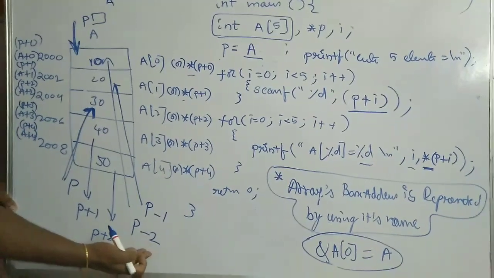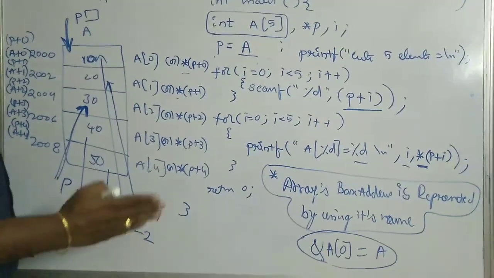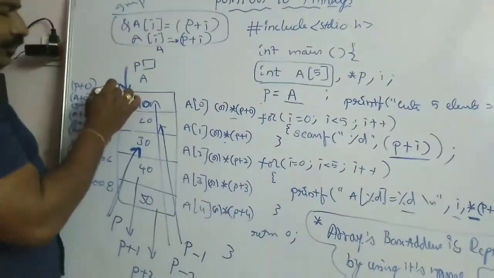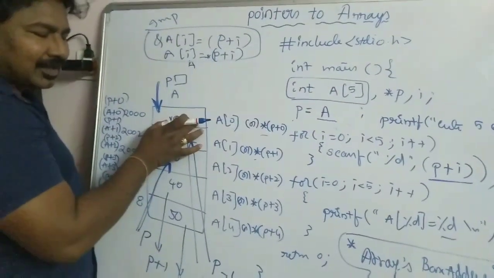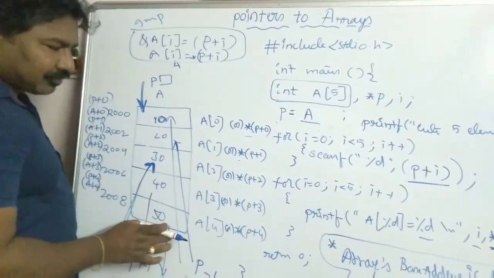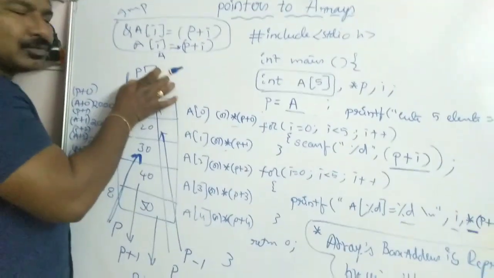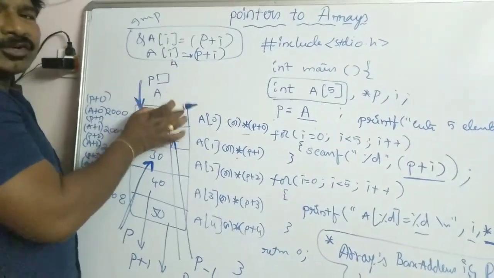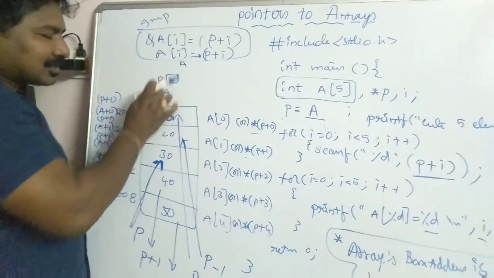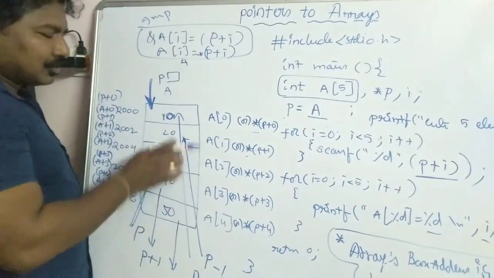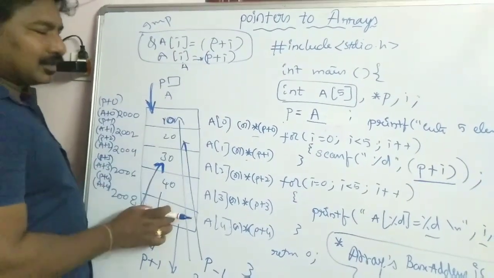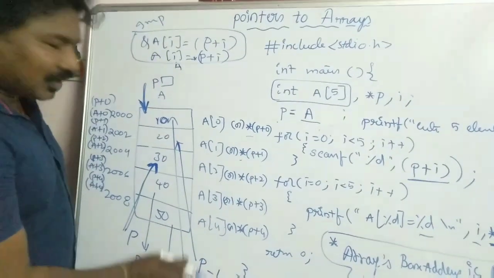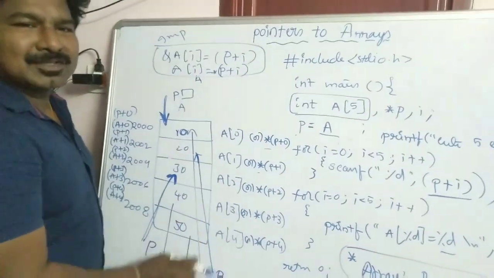That means from the current location of P you can move forward or backward. Another important point is, when your pointer is at the beginning of the array, you can move only in the forward direction. You cannot move backward because there are no other elements. You are crossing the limits of the array, so you cannot move backward. But if it is somewhere in the middle or at other elements, you can move either backward or forward. Similarly, if your pointer is at the last element, you cannot move forward. You can only move backward because otherwise you are crossing the limits. So that is another important thing.